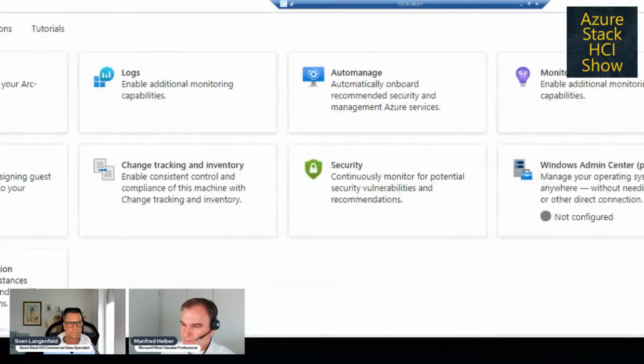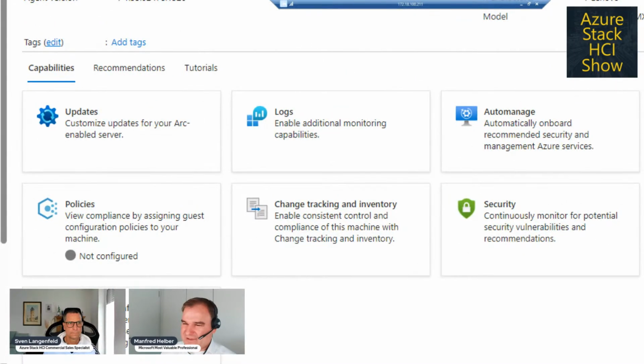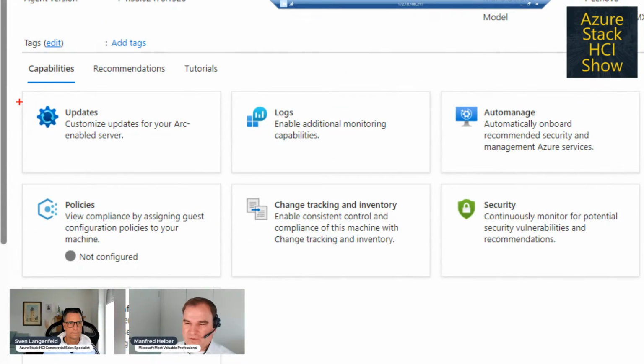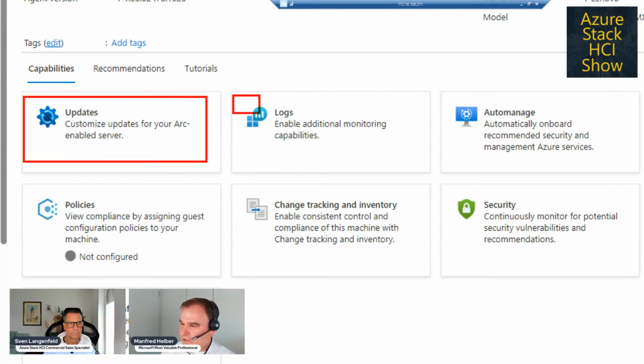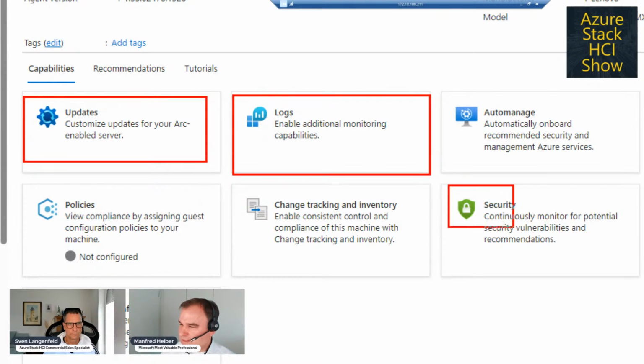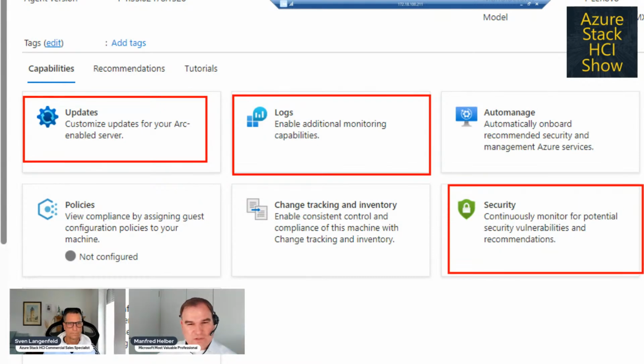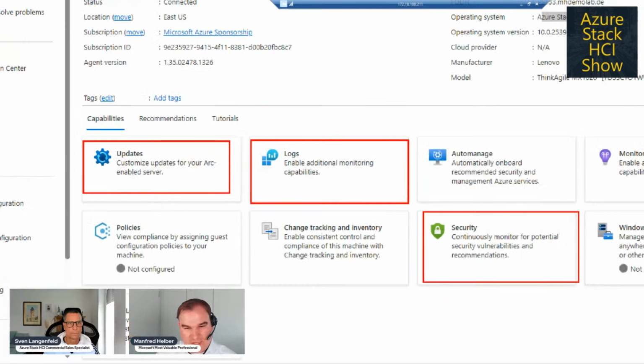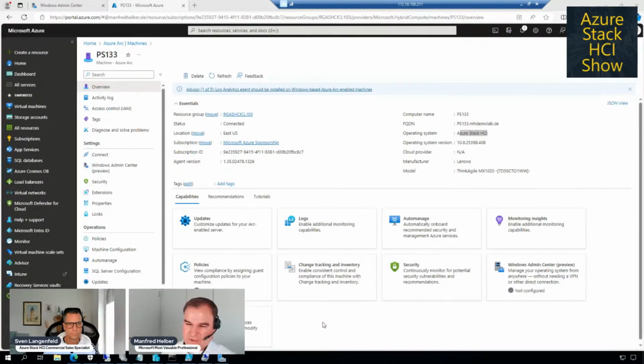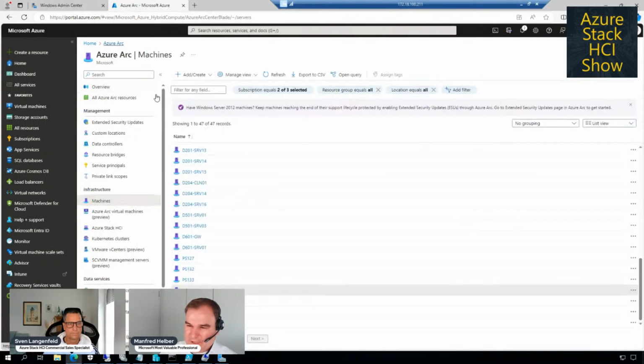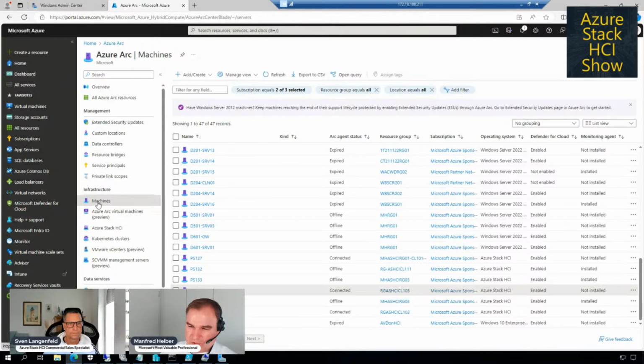And here on the bottom, we have additional capabilities, which is the name for these tools, where we can configure the update management, the log analytics, security settings for these machines, and so on. So let's say Arc is a small agent that is installed on the machines, where we have additional capabilities when this agent is on the machines. And this is the infrastructure part. We have it for machines. We have it for virtual machines.